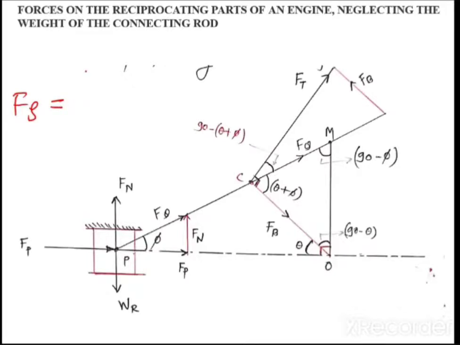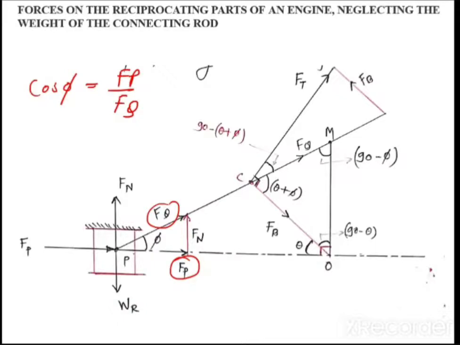How will you calculate? Now what is FQ first of all? FQ is nothing but a force acting on the connecting rod. So to calculate this FQ, see how I am using cos phi. So this cos phi is equal to FP upon FQ, right? From this geometry of the figure, this cos phi will be FQ upon